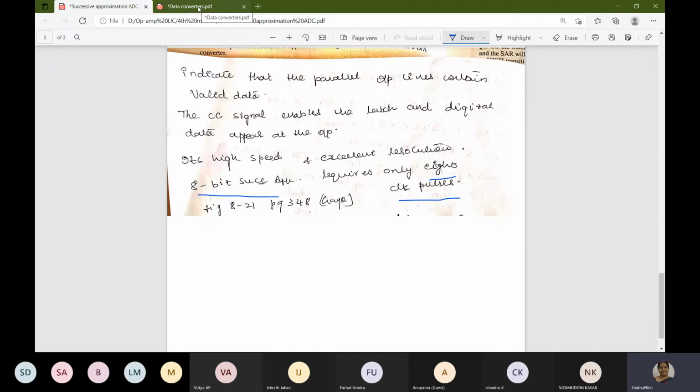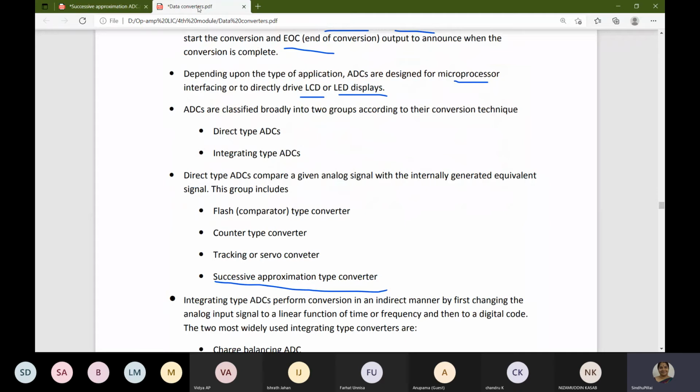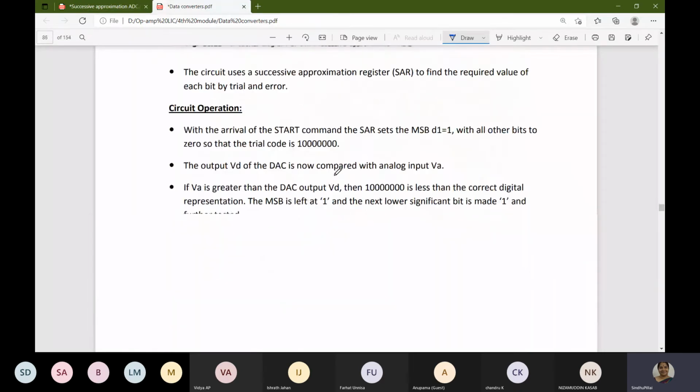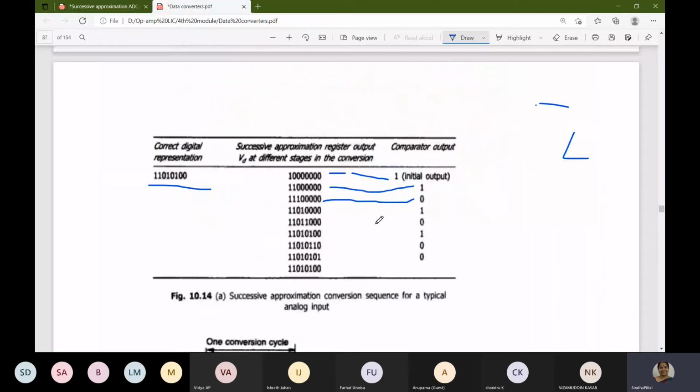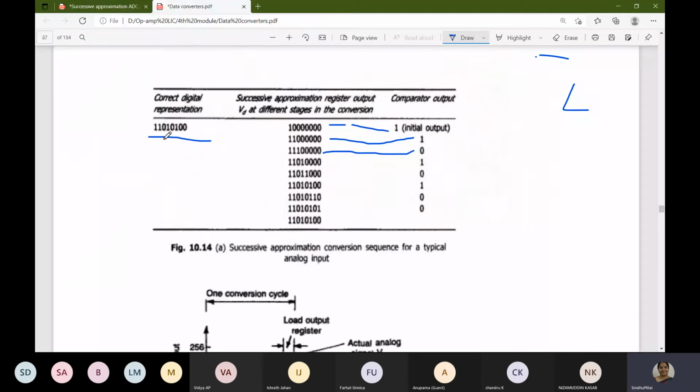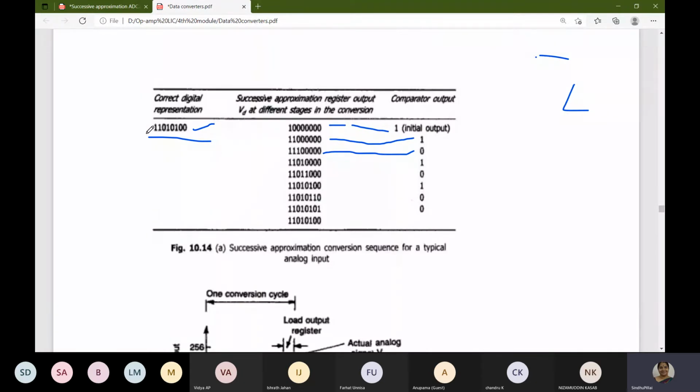Okay, whatever conversion is done, if I show you with an example, you will understand it. See here. Think that 110101000 is the digital output of the signal that is required. Digital output means this is the output of the comparator, you think. This is the signal we want. So at first what it will do is set the Q7 bit, that is 1000, it is set. After setting, that is compared with this.